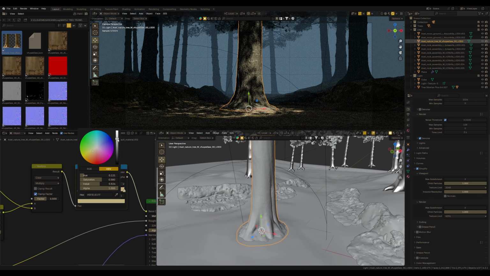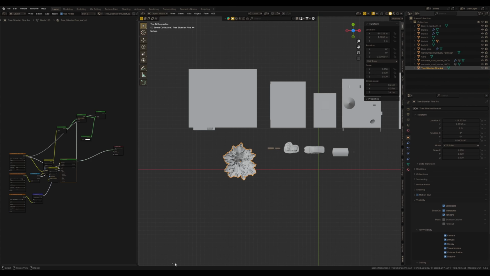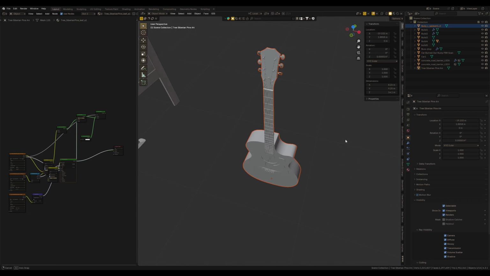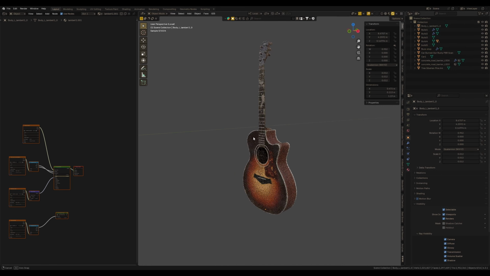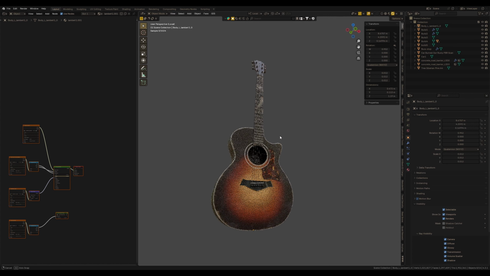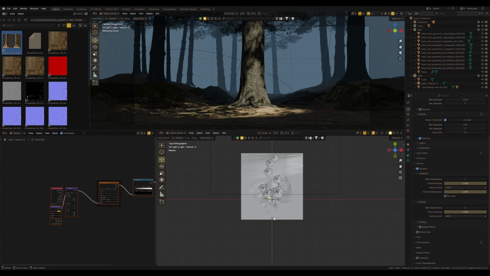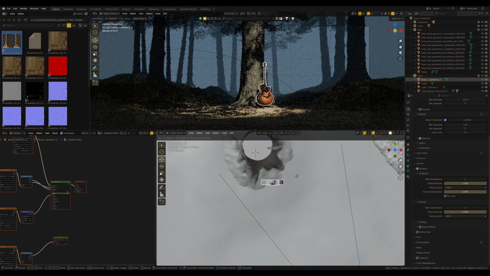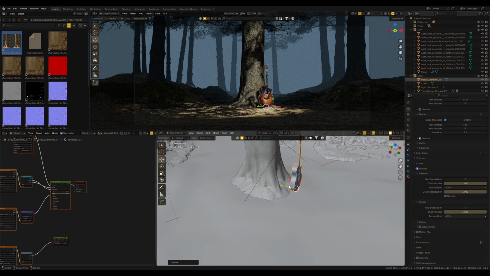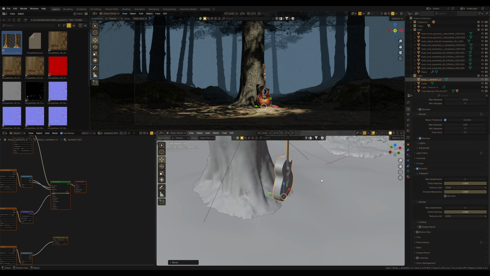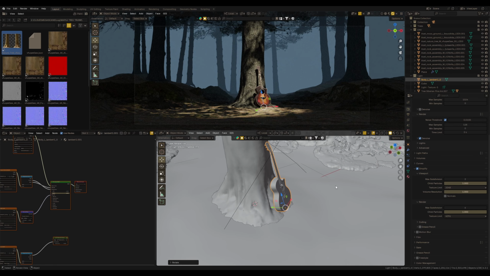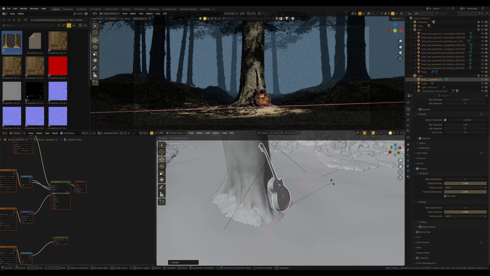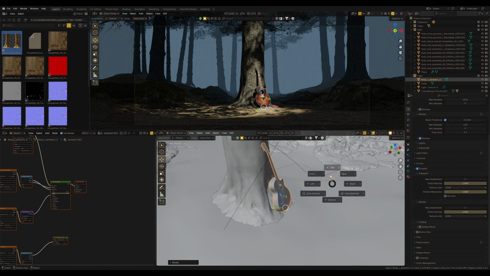Perfect, that's done. Now it's time to add a hero to the scene, a guitar. This is an original guitar model like the one from The Last of Us game, which I found on Sketchfab. I dropped it into the scene and rotated it slightly to face the viewer, as if someone like Ellie maybe left it here recently before exploring the world around.